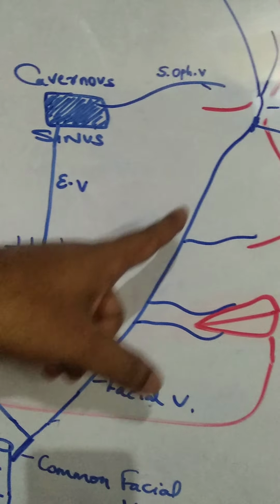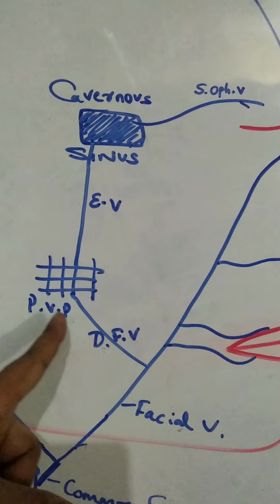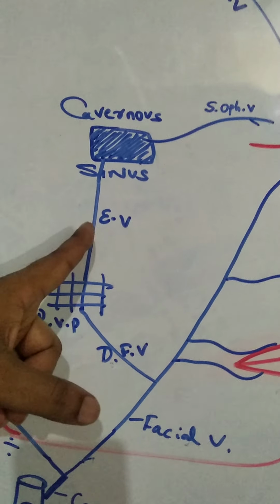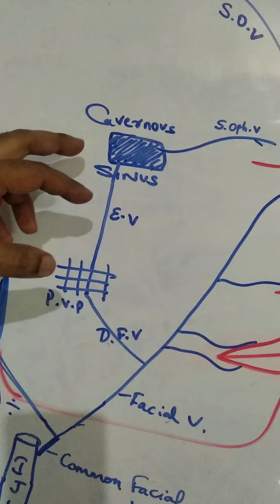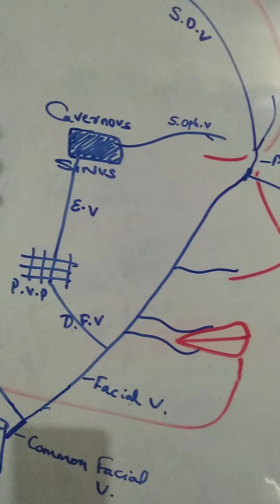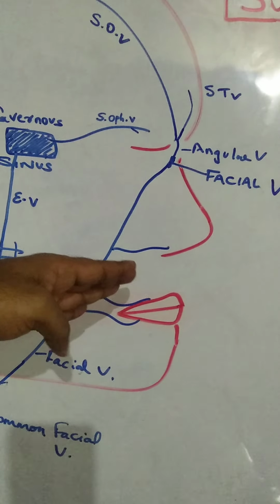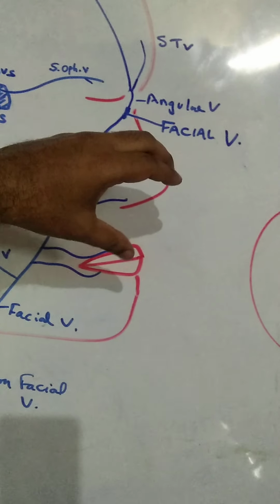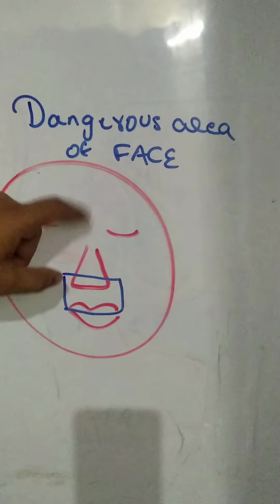From here, from the facial vein, the infection can go via the deep facial vein, pterygoid venous plexus, emissary vein, and ultimately going to the cavernous sinus. It's a dural venous sinus present next to the pituitary gland. So the infection can reach the meninges and the brain. From where? From the face. So that's why this area is termed the dangerous area